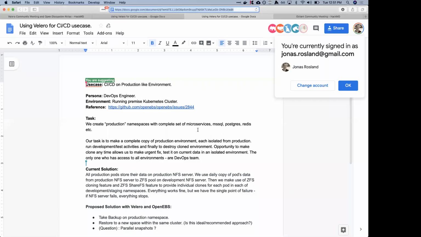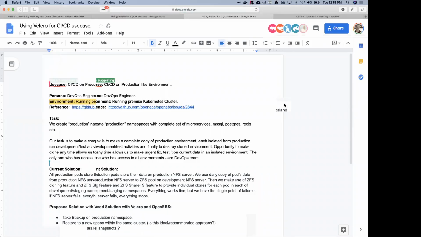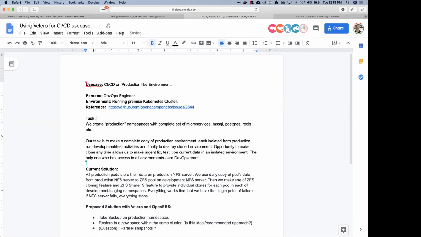This is a follow-up to one of the use cases that I brought up last week. This is an on-premise setup, and this comes from one of the OpenEBS users, and I'm looking for some recommendations or inputs on how to use Velero in this case. I've added a few more details into that document. We could either take it up right now or do it offline, just in the interest of time.